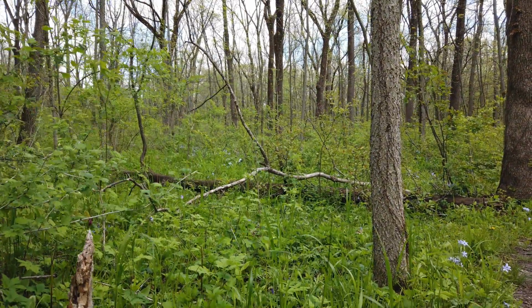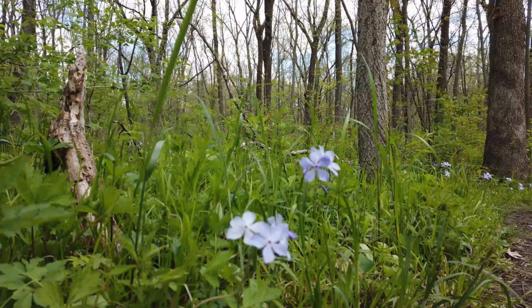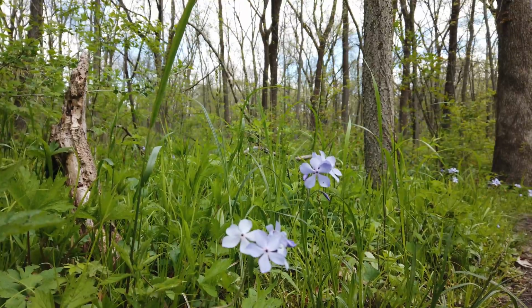Going to change my shot and drop down into the flowers. Apologies for the wiggle there. So now if that went wrong, you'll see that the flowers were in focus, but when I changed the plane of the shoot and lowered down into it, it should have gone out, in and out again with focus. So,